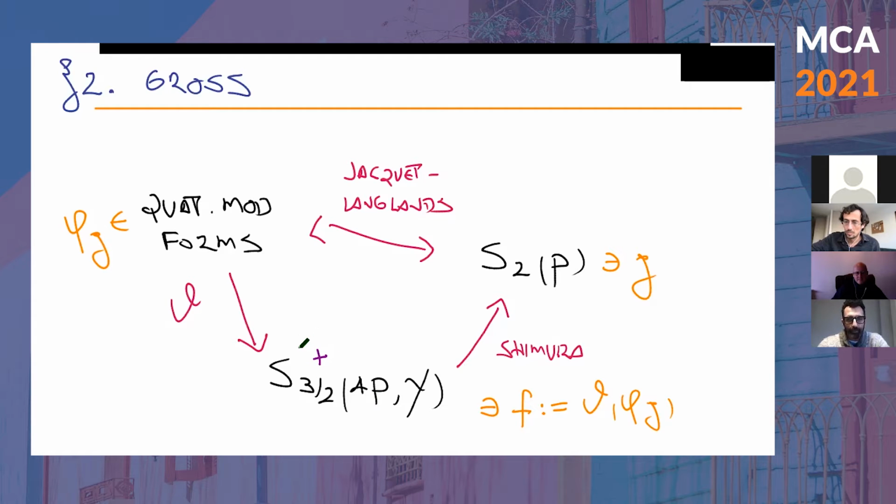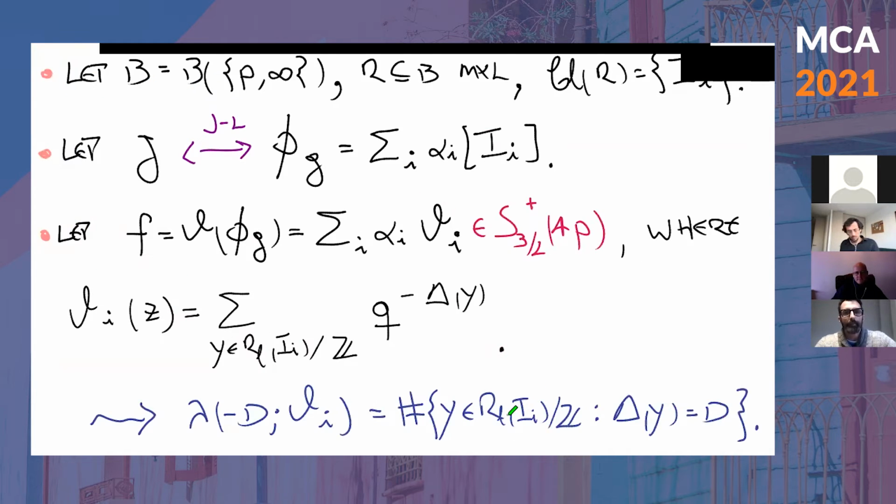And actually, it's going to belong to the subspace of the whole space, the so-called Kohnen plus space, in which the Shimura correspondence divides the level by 4, not merely by 2. And this is how he's going to obtain this F here. So more precisely,